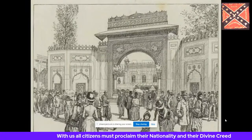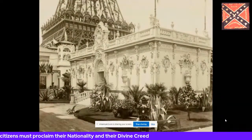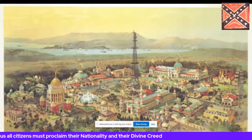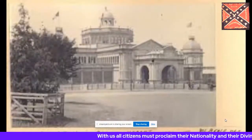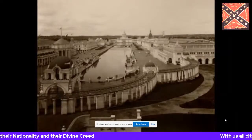The Colonial and Indian Exhibition in London in 1886, the Piedmont Exposition in Atlanta in 1887, the Melbourne Centennial Exhibition in 1888, the Universal Exposition in Paris in 1889, the World's Columbian Exposition in Chicago in 1893, the California Midwinter Exposition of 1894 in San Francisco, the Central American Exposition in Guatemala City, Guatemala in 1897, the International Exposition in Hobart, Tasmania in 1894 and 1895, the Cotton States and International Exposition in Atlanta in 1895, the Tennessee Centennial and International Exposition in 1897,